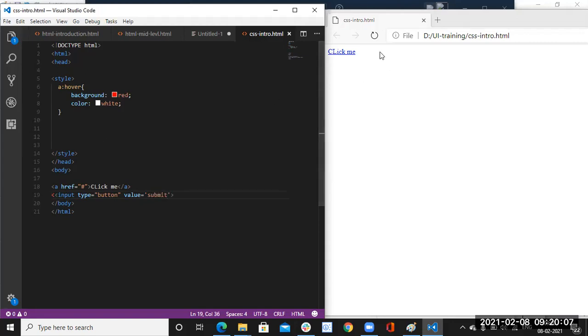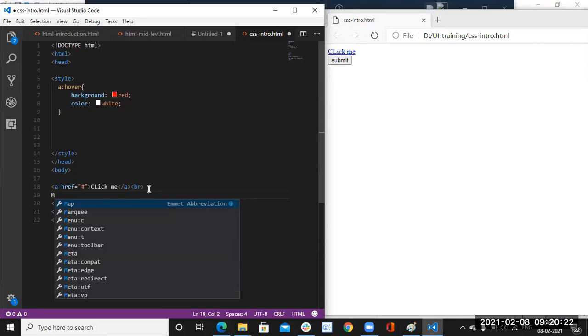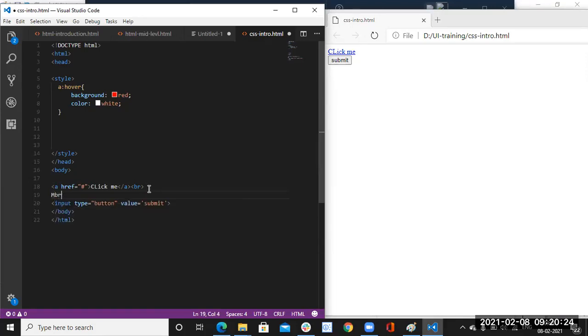This is the submit button. I'm applying the break tag here. One more break we can apply. So we got this click me and submit.